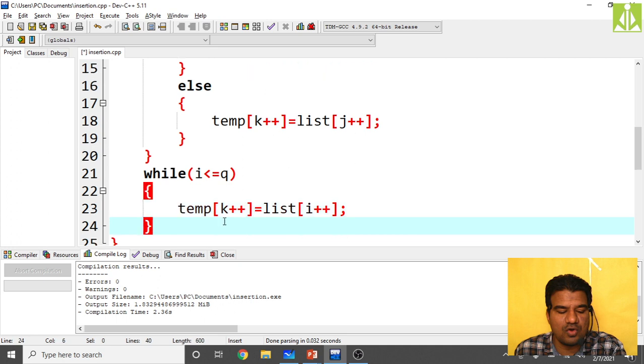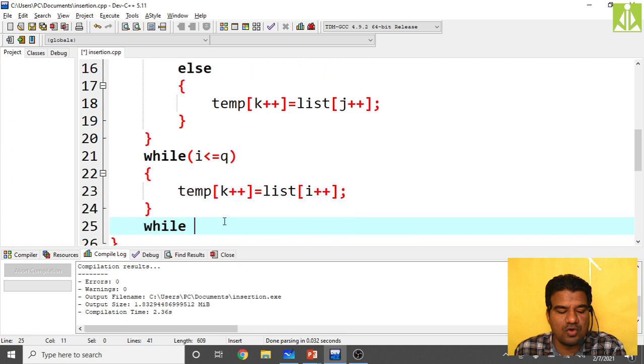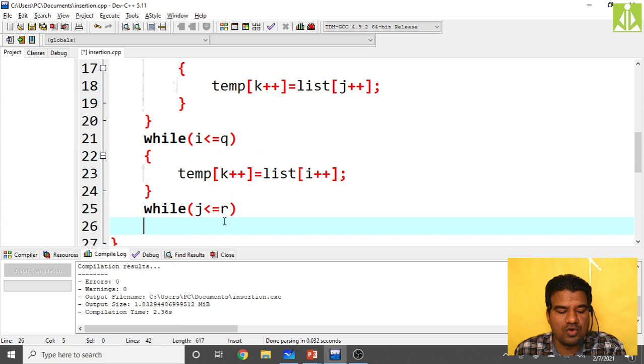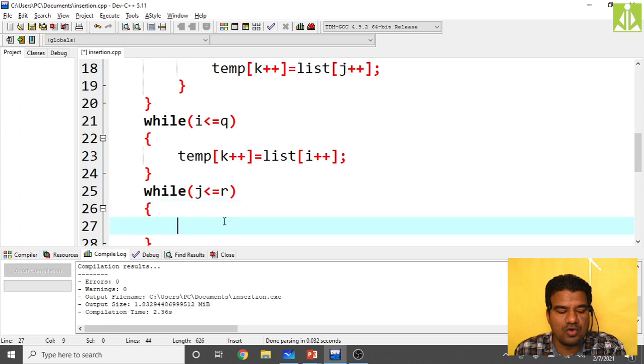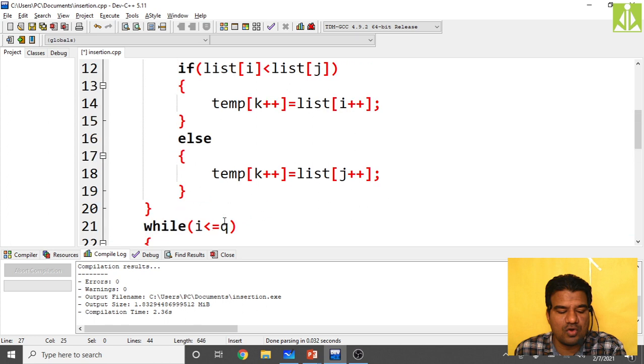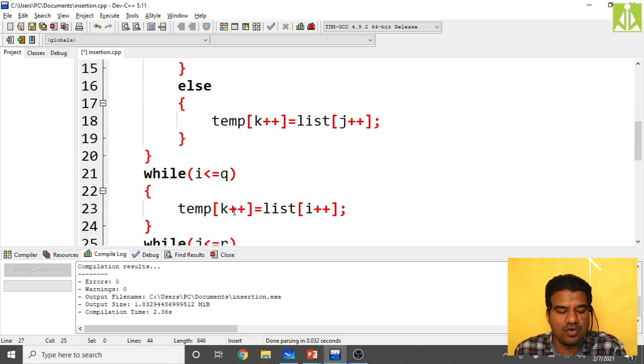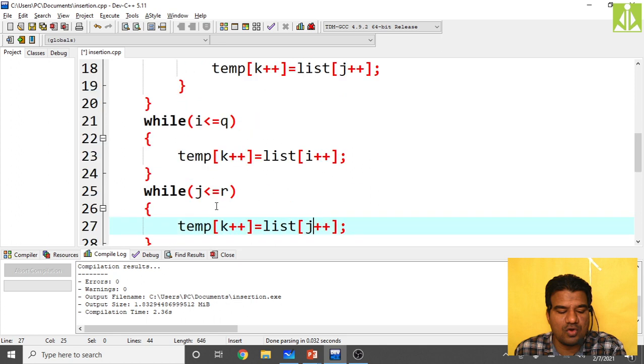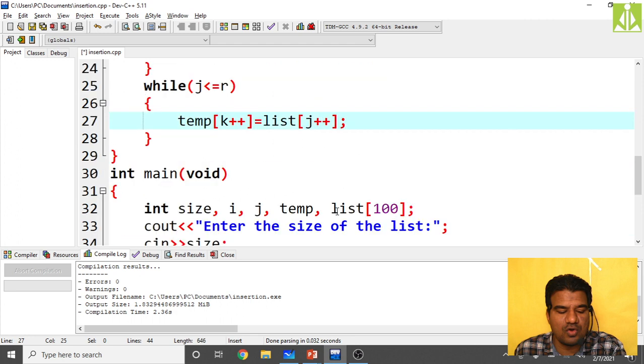Then another while loop: while j must be less than or equal to r, here temp of k plus plus is equal to list of j plus plus. So for i less than or equal to q, temp of k plus plus equals list of i plus plus, and for j less than or equal to r, temp of k plus plus equals list of j plus plus.